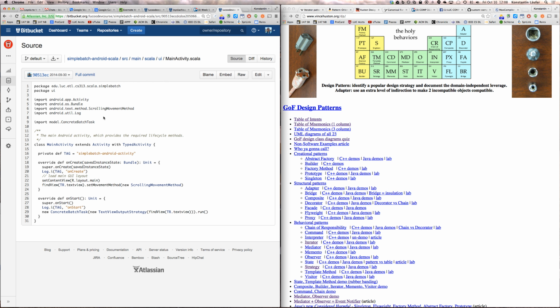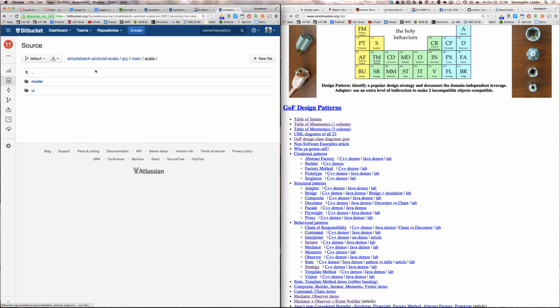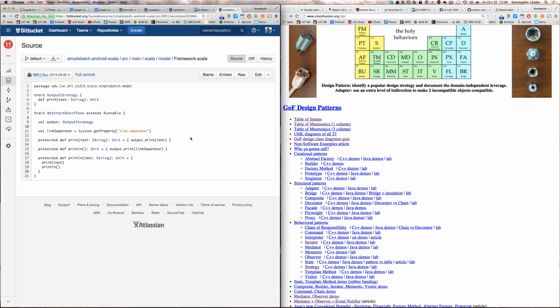So in that way you could get undo and redo functionality, and in the second chapter of the Gang of Four design patterns book, there's a nice example where they show that. This is a fairly complete example. So here, this doesn't have undo. This is a simpler command pattern example. And if we go back here and we can look under model, and there's a little bit of a framework